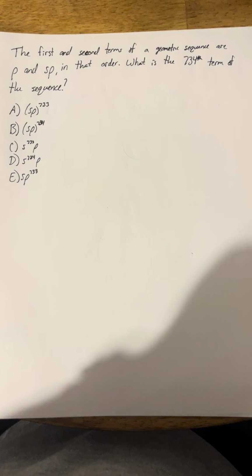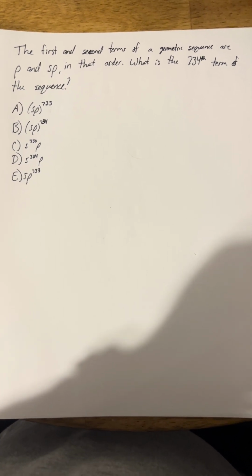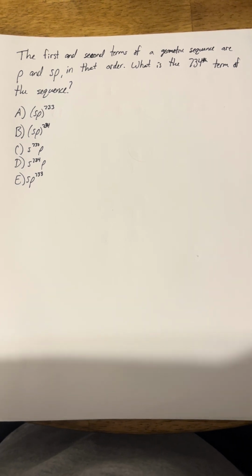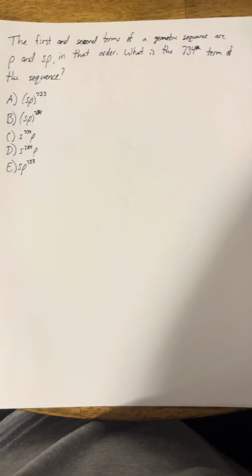This says the first and second terms of a geometric sequence are P and SP, in that order. What is the 734th term of the sequence? Okay, so first of all, let's talk about